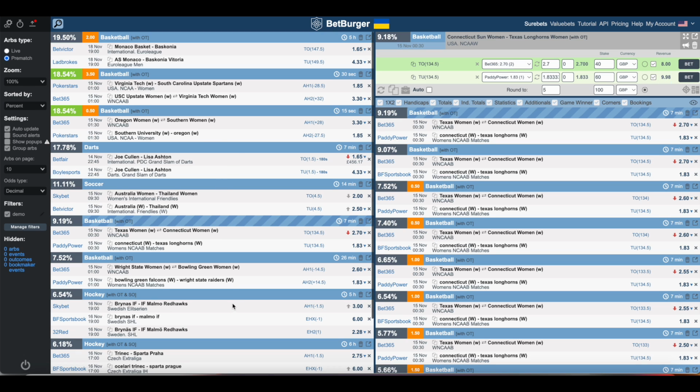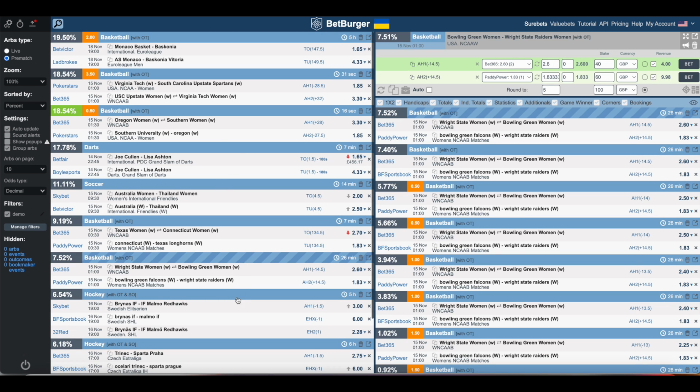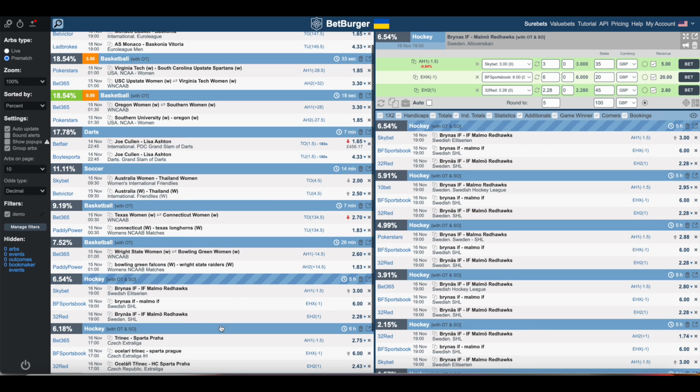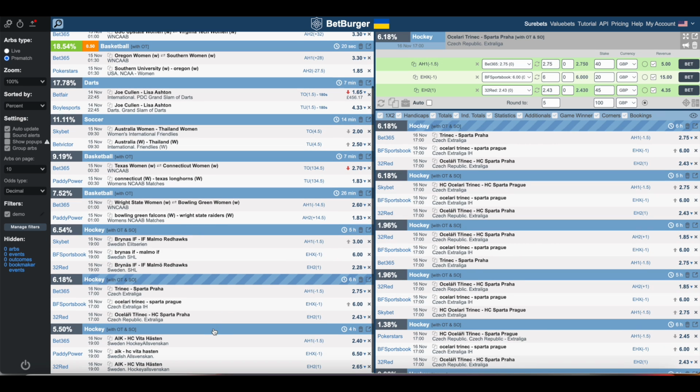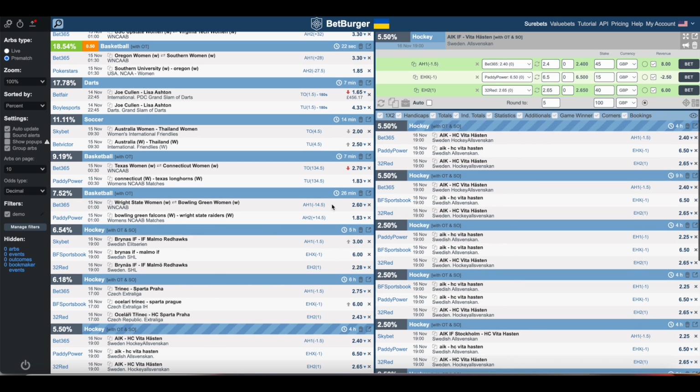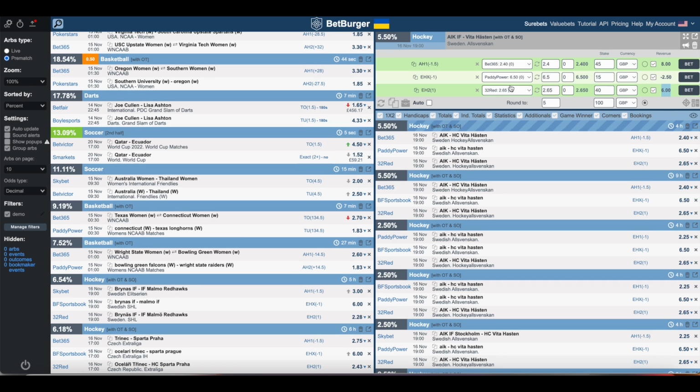fairly evenly on that. I'll just see if I can get an example of one where sometimes you get a small negative, just to do with the rounding. Oh, there's one. So that's hockey. We've got 3 outcomes. We're doing Asian handicaps, European handicaps on there, and if the bet at Bet365 wins, we make £8 profit. If the bet at Paddy Power wins, we lose £2.50, and if we win at 32Red, we